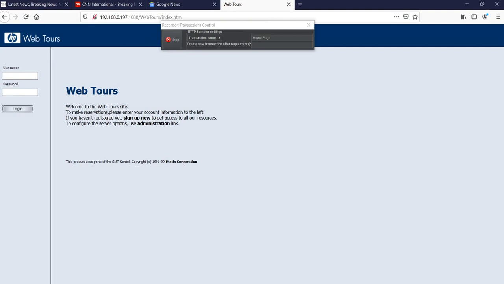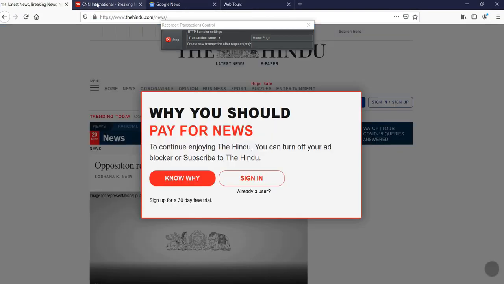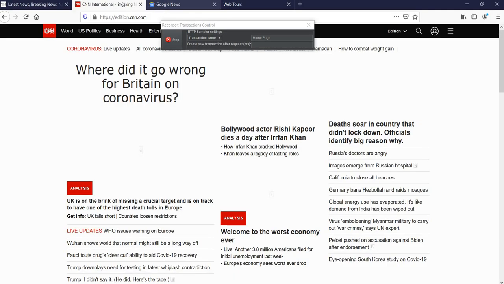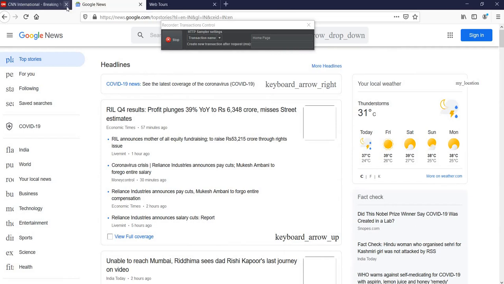To give you the answer to this, I have just opened my web browser. You see that I have 3 news channel tabs open. The biggest mistake which people make is that they keep the tabs open in Firefox or in Chrome whenever they are recording, and there are some background requests which keep going on. So these tabs are sending background requests. I will just go ahead and close all of them.